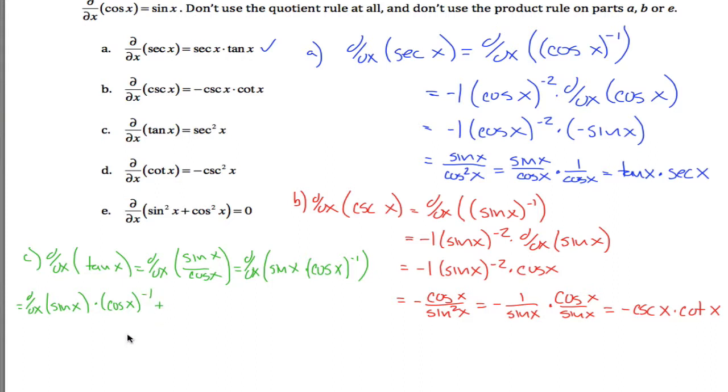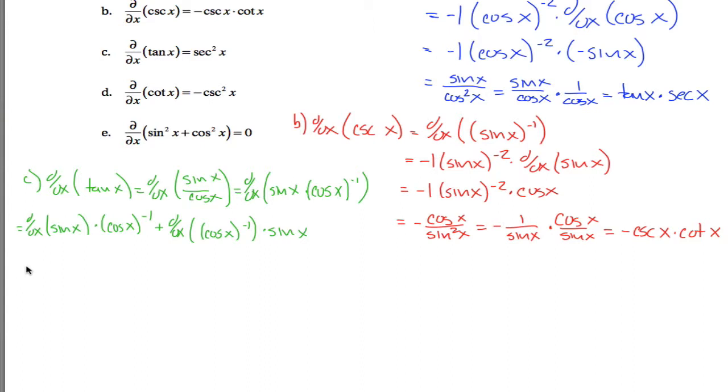And to that we want to add the derivative of cosine of x to the negative 1 power times sine of x. And I think we'll finally get a chance to use the chain rule here. Derivative of sine is just cosine. So this is cosine of x times cosine of x to the negative 1 power plus the derivative of cosine to the negative 1. All right, if I use the chain rule, I'm going to get the negative 1 down